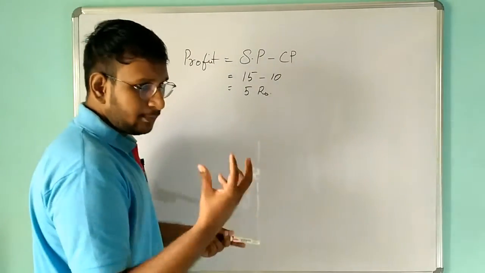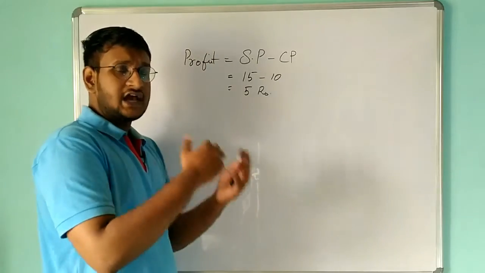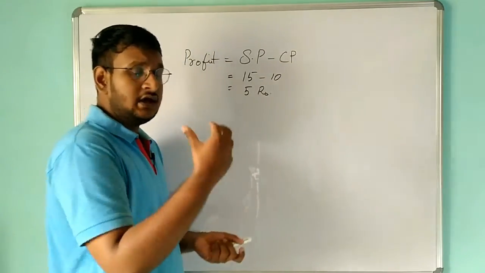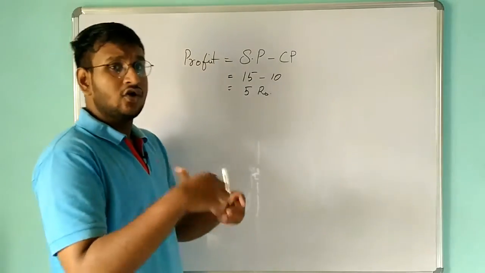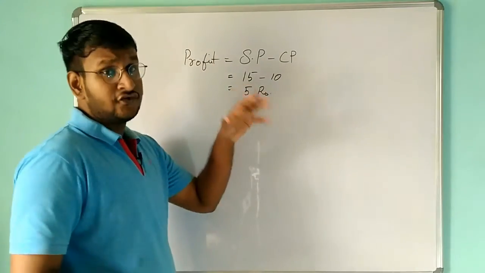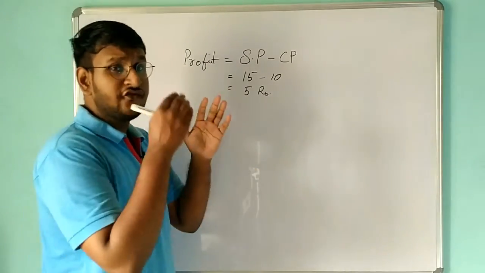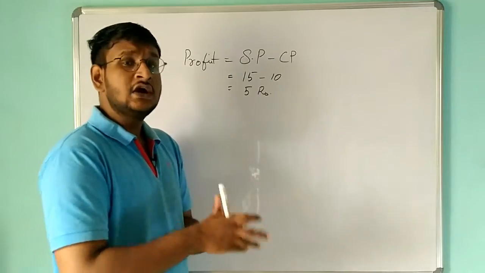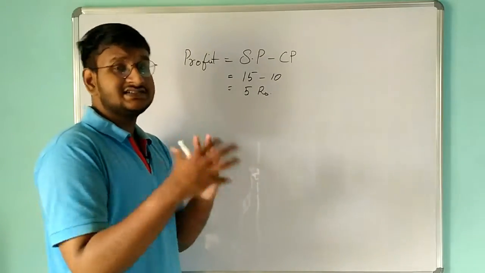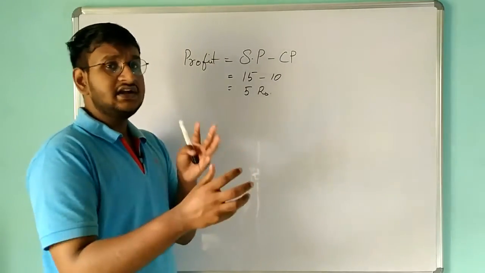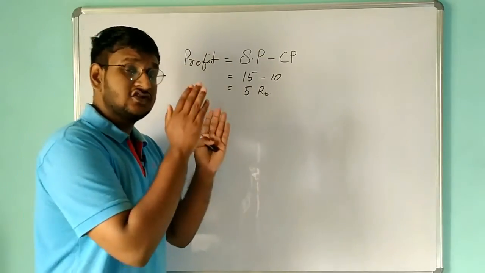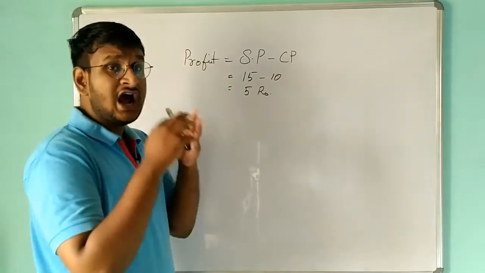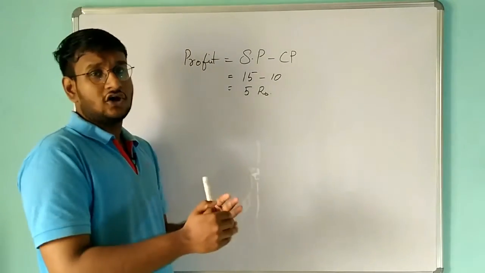So you are making a product for a cheaper price and selling it for a greater price, that is, selling it for more than your cost price. If you do that, you will get a profit. That is, if your selling price is greater than your cost price, you get a profit. What happens if your selling price is less than your cost price? Then you will acquire a loss.